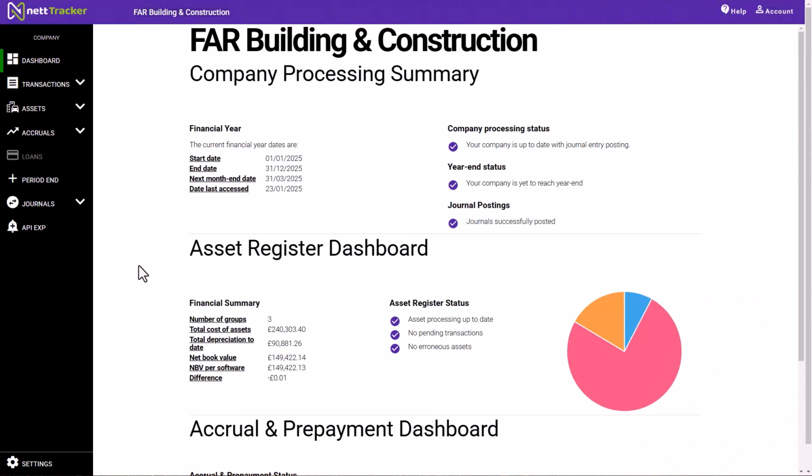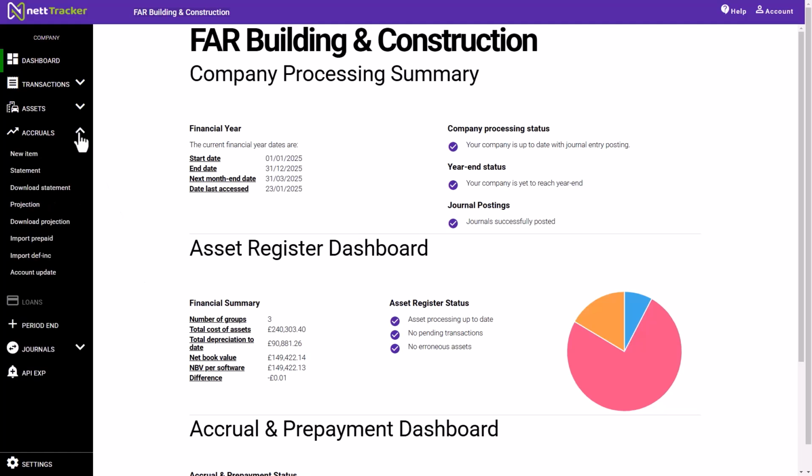If you've got multiple prepayment or deferred income adjustments to put into place, you can save time by going to the accruals menus and selecting the options to either import prepaid or import deferred income using the Excel import templates that are available. However, if you just have one item that you need to put into place, then you could simply do that by using the option to create a new item from the menu on the left hand side